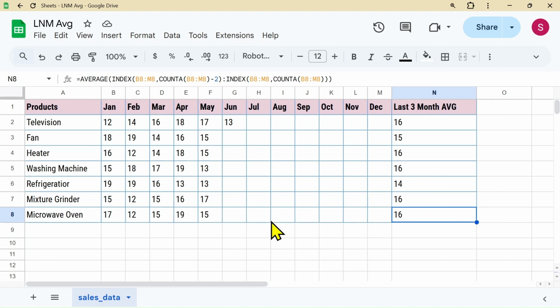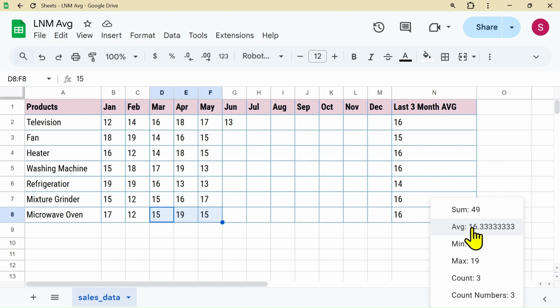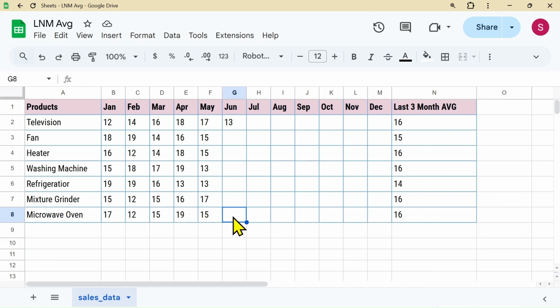Let me check for this last product. Currently the average is 16 units, which is given from this range, March, April and May. If I add here June month sales, for example 22 units, here you can see the average